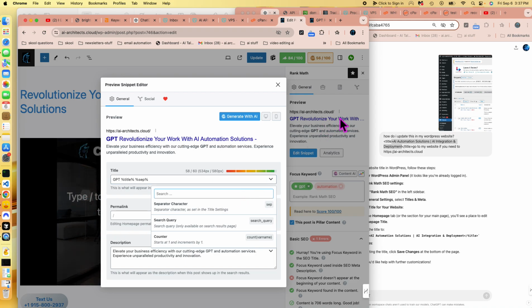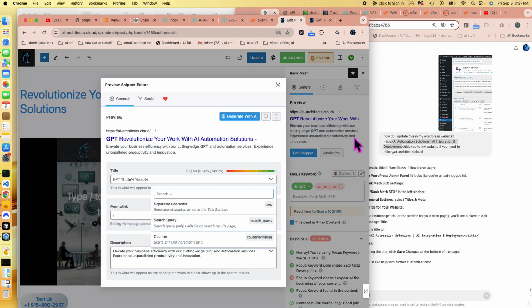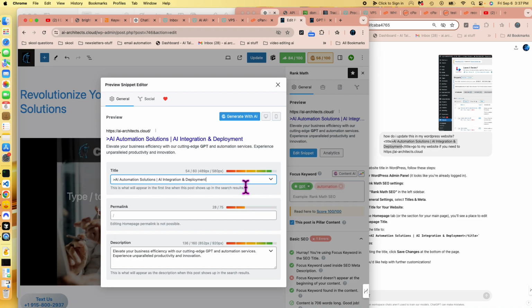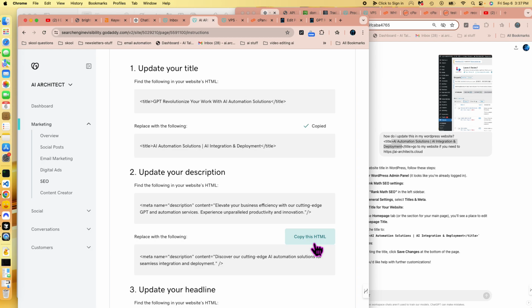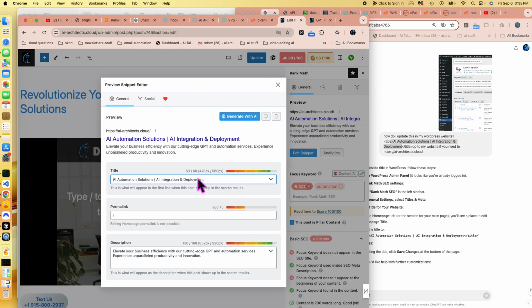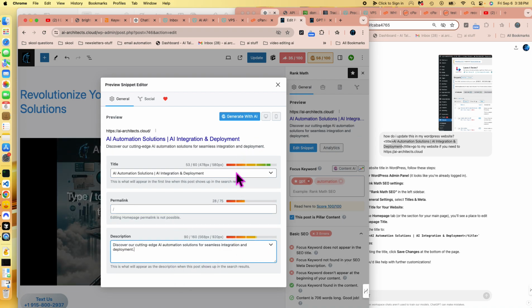And because I have GPT here, I have to change it. See, that's why this is so annoying, because you have to remember how to do all this extra stuff. And it's just plain annoying. Okay, and then let's go back to the description. Update your description, copy this HTML. Right. See, all my other pages use just HTML, so it's a lot faster than doing it this way. Description right there, and then